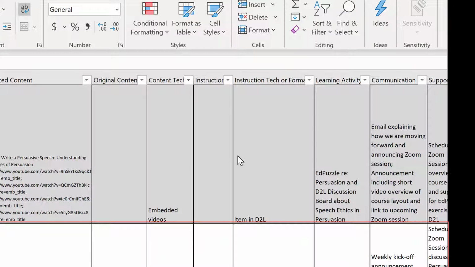So maybe at the beginning of our transition to online, I'll have some synchronous Zoom sessions where I'm going to explain to you how this is all working. I'm going to show you how we're going to use the learning management system to finish out the semester. If I introduce a new tool like Flipgrid, when that comes up, I'll do another Zoom session. Here, I'm going to show you how to use this Flipgrid tool. When you record your speech assignments, you're going to use another tool in the LMS we haven't used yet. I'm going to show you how to do that too.